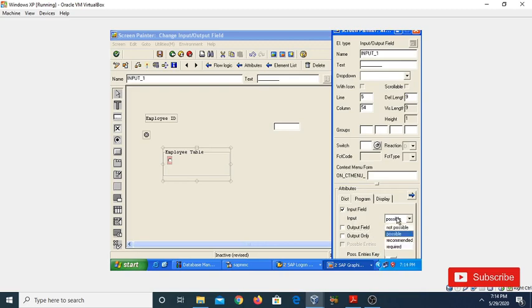So you make it required. When you make it required, you can see there is a question mark displaying. That means without entering a value in this field, the user or client cannot execute or process further. So these are all the properties of this input output field.